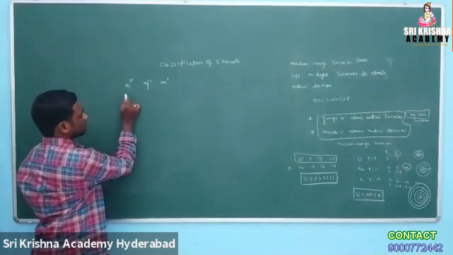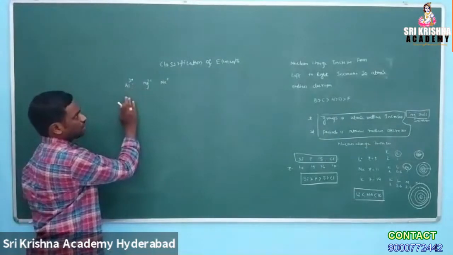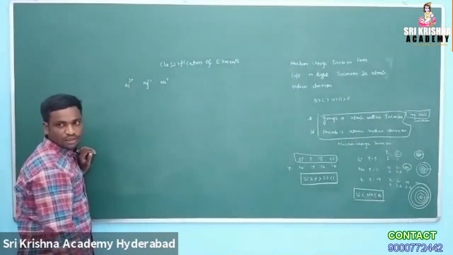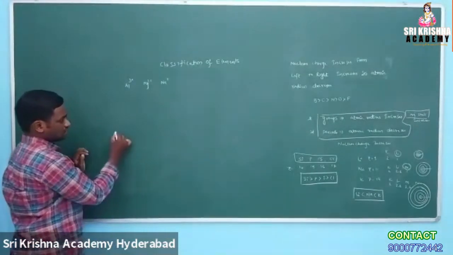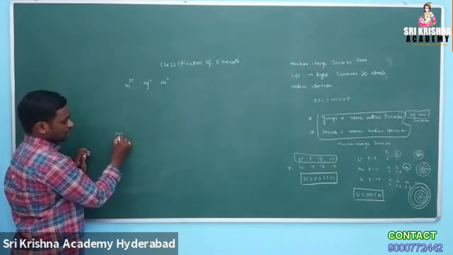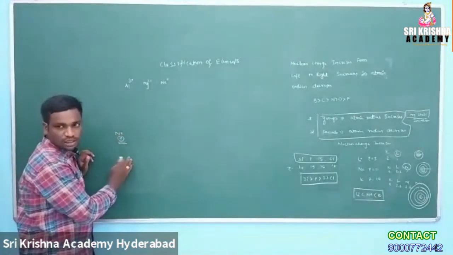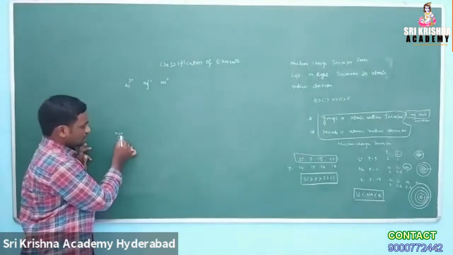Aluminium atomic number is 13, and it has a plus 3 charge. Why? Because by losing 3 electrons, it is converted to noble gas configuration, which means neon configuration. Neon's atomic number is 10. This is a stable configuration. All noble gases are stable because they cannot react with other elements. So the atomic number is 10.